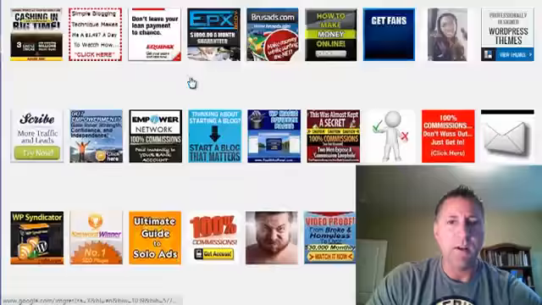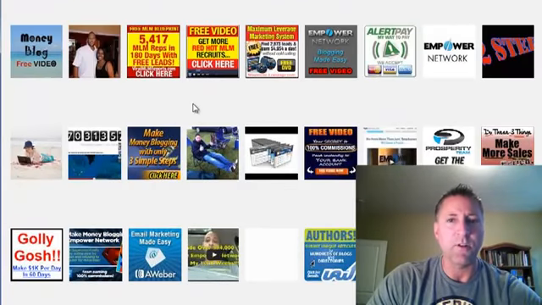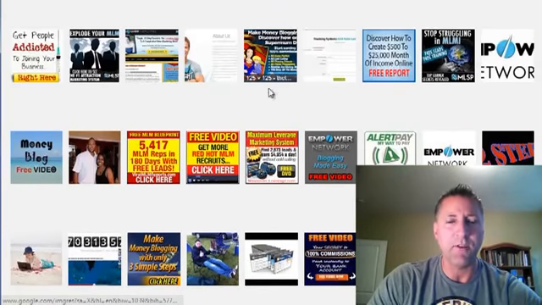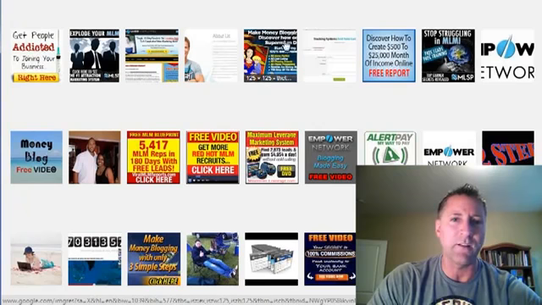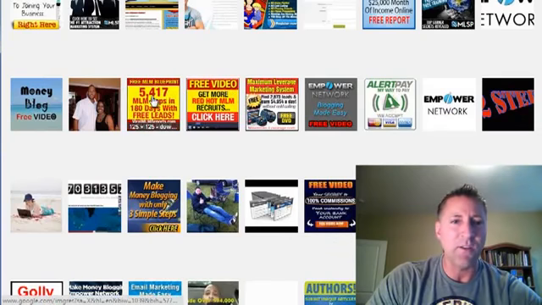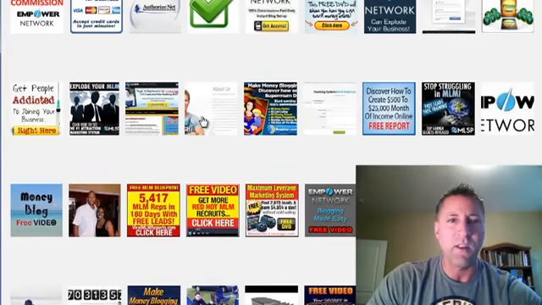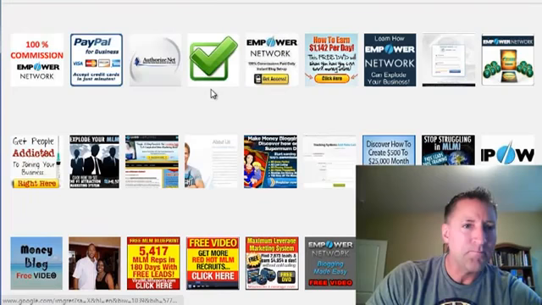When you're dealing with the 125 by 125 pixel images, sometimes they're a little bit more tricky because of the text, if they try to cram too much in. Here's a classic example. This is a ridiculously stupid ad. Who's going to be able to read that, right? There's so much crap on there. So people's eyes just go right over the top of it and on to the next one. So you want something with fewer words that's going to grab attention.